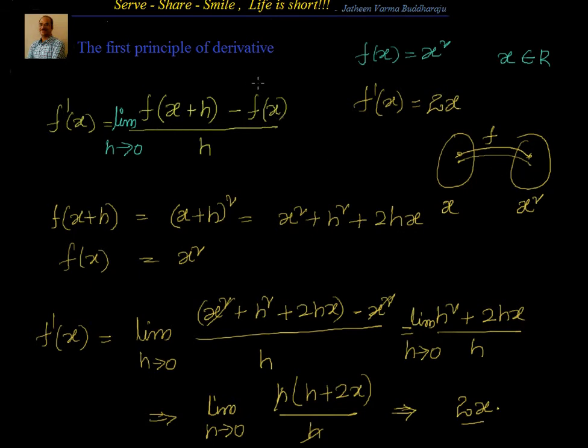Now this ratio of the change in function with respect to change in domain, that is (f of x plus h minus f of x) by h, the limit of that as h tends to 0, that means the change is so small that it limits to a finite value, that's nothing but the derivative. So we have found what is f of x plus h, what is f of x, then we applied the definition. According to that, we know that it's nothing but equal to 2x. Let's do one more example, then we'll wrap up this.